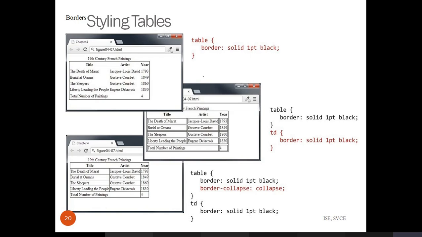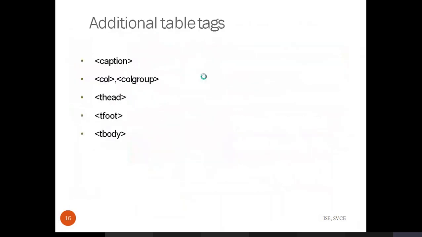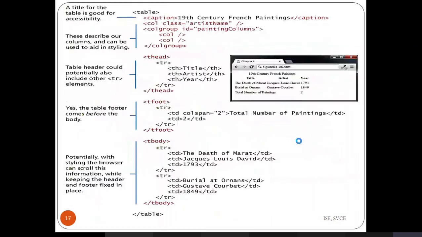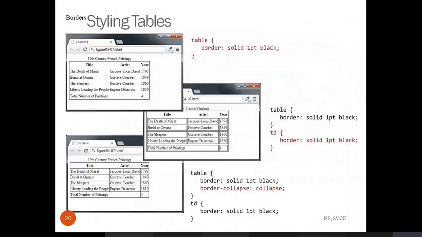Okay, so in the previous example, whatever we have taken here, there are no borders. If you want to specify border color, you need to use the CSS property. I am specifying to the table the border property: it should be solid, and I am specifying the thickness of that border. 1 point I have specified, and the color is black. You can observe how I got the border on the table, not for all the individual rows and columns. It is just for the table.